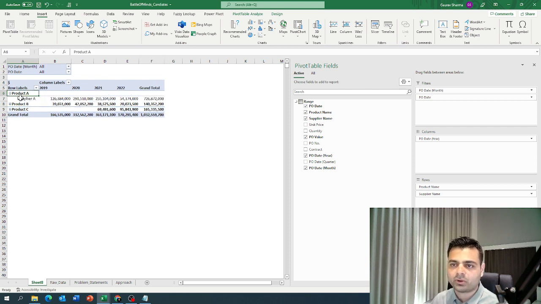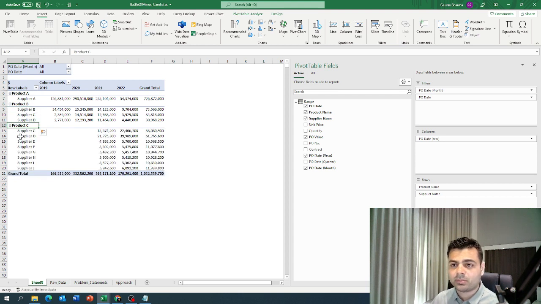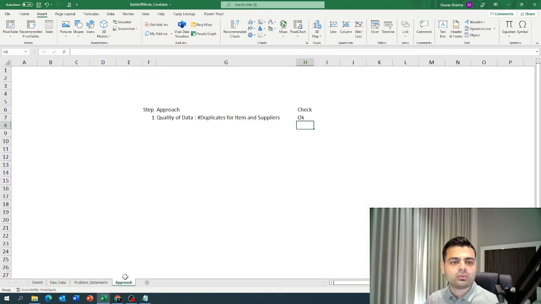The supplier for product A is supplier A. Product B has 3 suppliers. Product C has so many suppliers. 8 suppliers. Excellent. And this intel is quite important for me, and you will see why towards the latter half of this session. So now that I know what I'm dealing with in terms of data, let's try to